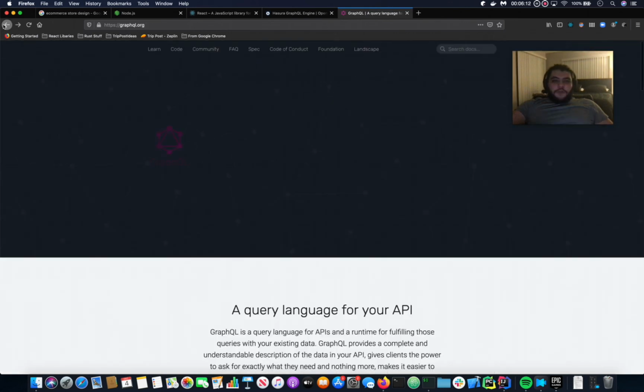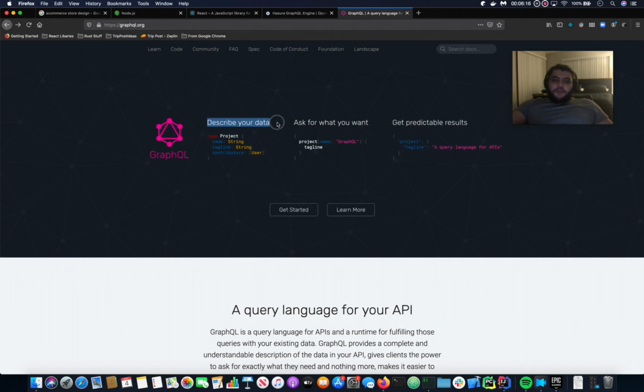But a really quick explanation of what GraphQL is: it's a way to describe your data. The way that works is I have a project, I ask for what I want. So project name is GraphQL, and basically this is a parameter. So I want a project where the name is GraphQL, and I want the tagline of this project. And so this is what I'll get. This project has a tagline of query language for API. So this is what GraphQL is at a high level. If you've ever written REST APIs,